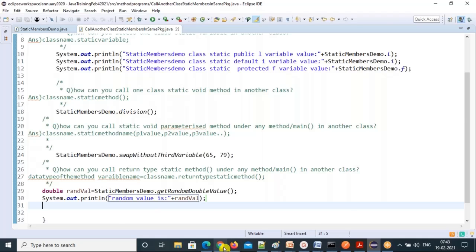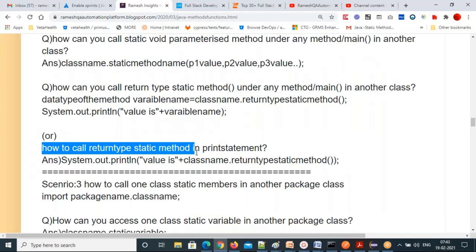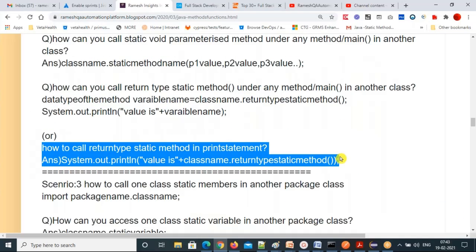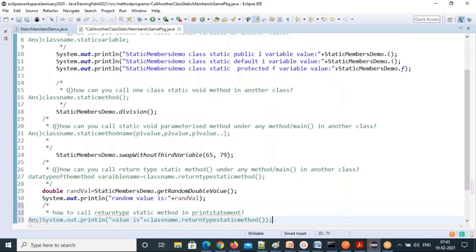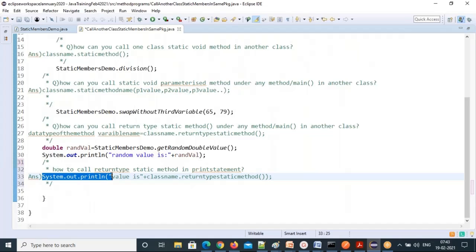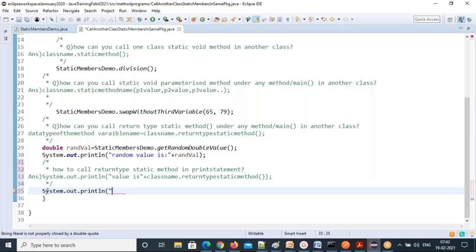Next one is how to call a return type static method in the print statement. See that formula, just follow the formulas. It's very easy, and you won't make any mistakes also. So the answer is println. So println, I'll write a readable statement here. You have to write a readable statement. That's what we need to write. So the readable statement is